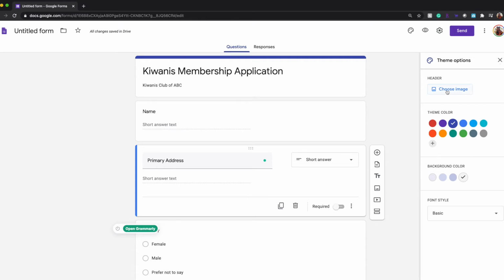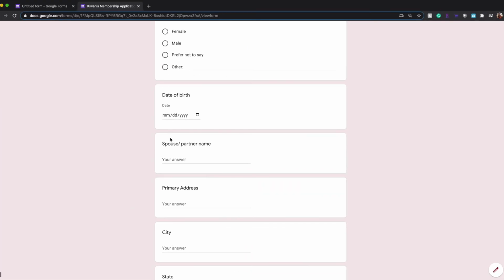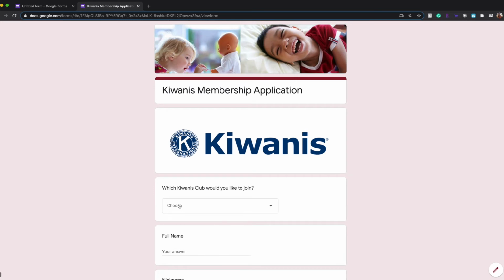You can import an image that you want to share, maybe the Kiwanis logo, but keep in mind that it's normally a banner, so you want to pick an image that is horizontally wide. At this point, I'm going to pull in a membership application that I did. So this is also one of the Kiwanis membership applications. As you can see, I imported a header,